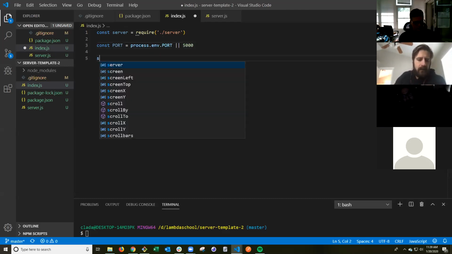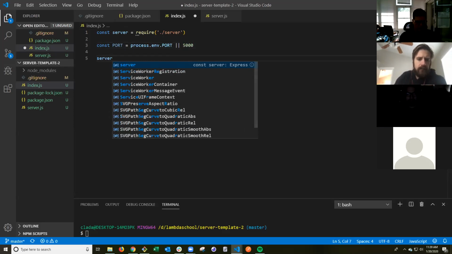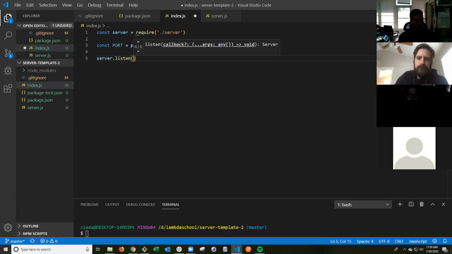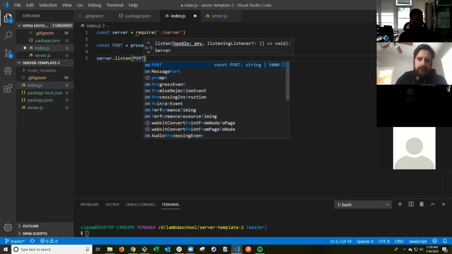And our last one is going to be what makes it all work. We're going to have it listen. And this is a callback function. We're going to give it the port